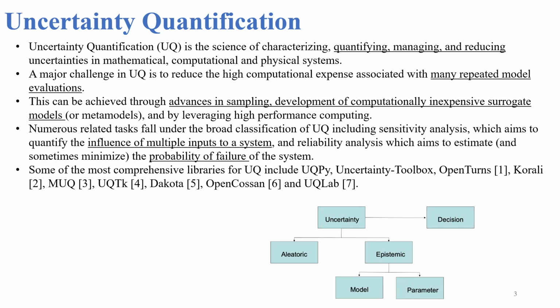This can be achieved through advanced sampling methods, understanding how the previous sampling technique is going to influence my next sampling technique, so that instead of brute force sampling, we do something smarter, and through development of computationally inexpensive surrogate models or meta models, or by leveraging high performance computing techniques to reduce